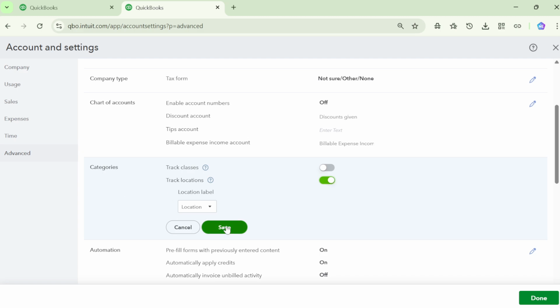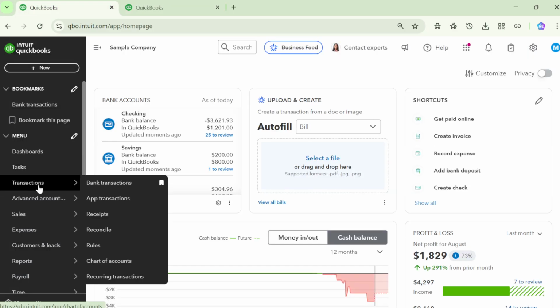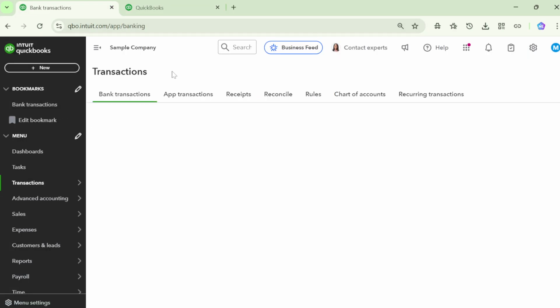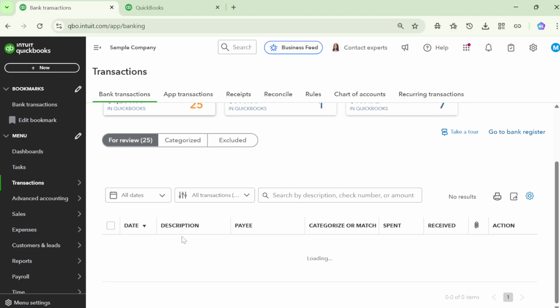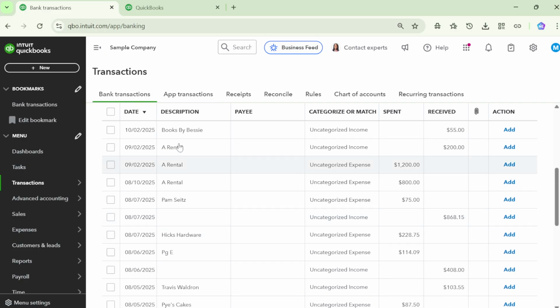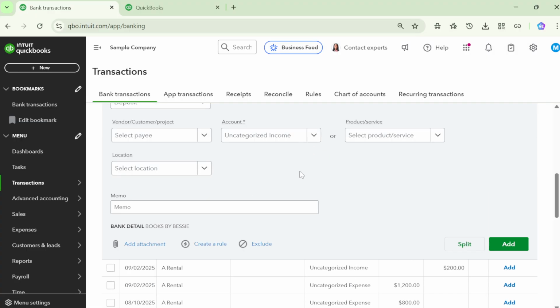This activates the feature. Now to apply locations, head to Transactions from the left panel and click Bank Transactions. Select any transaction you want to categorize, and in the transaction details, use the drop-down menu to assign the appropriate location. And that's it. Now you can organize transactions by location, gain clearer insights, and manage your business finances more